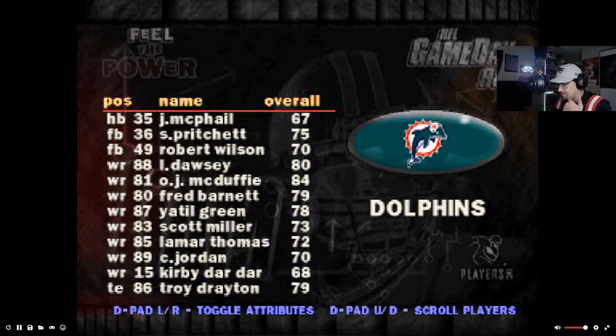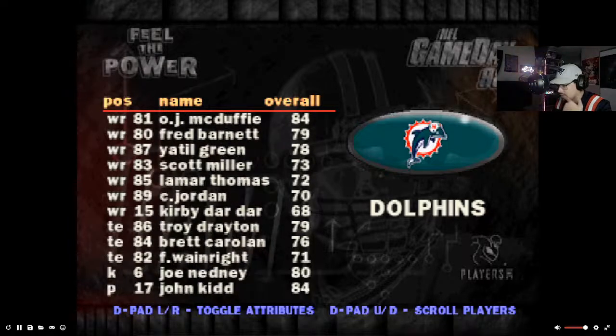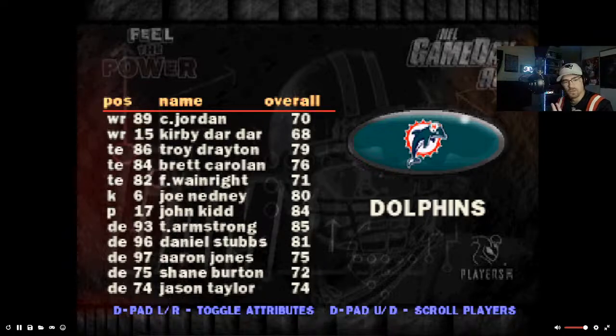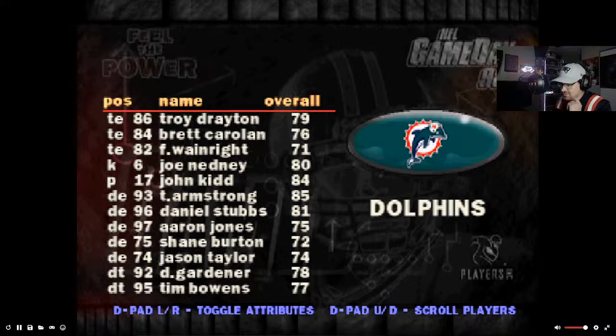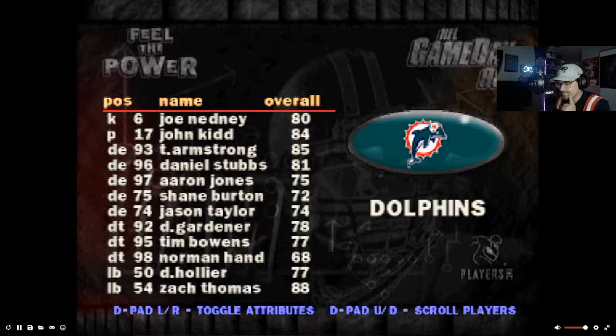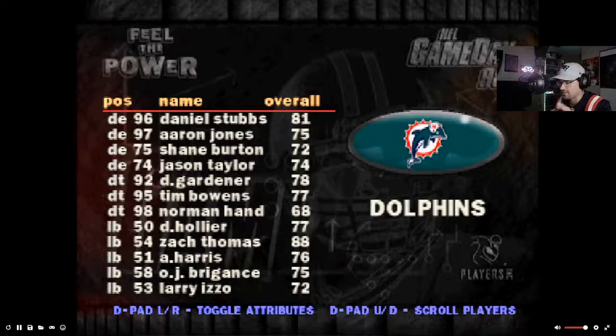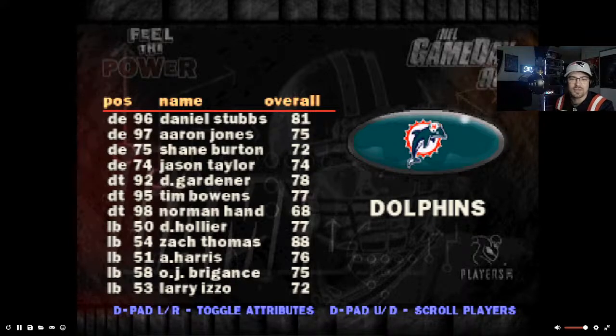Let's see. Anybody of any name that was still on these teams? Jason Taylor's on the team. Jason Taylor is on the Miami Dolphins in 1997. He must have been a rookie at that point. Zach Thomas is on the team. Zach Thomas was really popular for them for a while. Larry Izzo. I remember Larry Izzo from the New England Patriots.